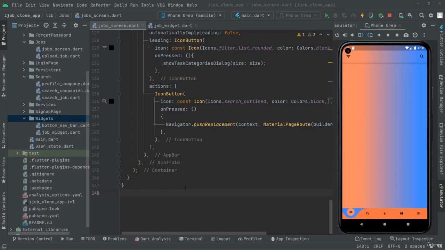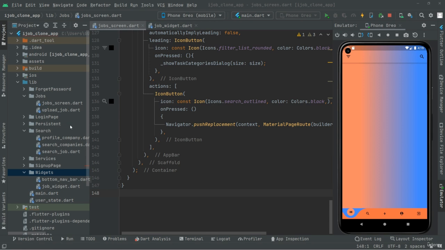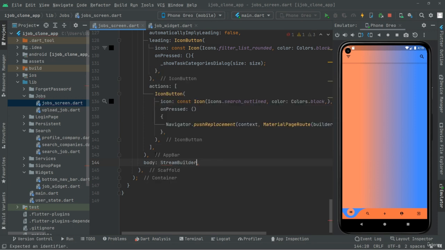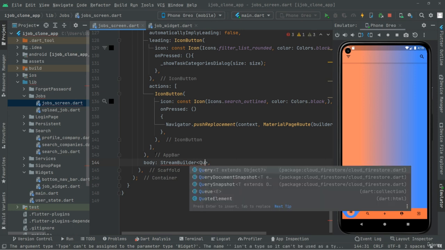Welcome back. Now in this video we will create a query in order to retrieve the data and show it right in here on the job screen. So here we are on the job screen, and right below this app bar we will have a body, and right in the body we will say StreamBuilder. Right in there we will say QuerySnapshot,